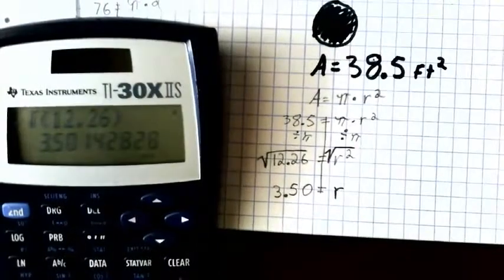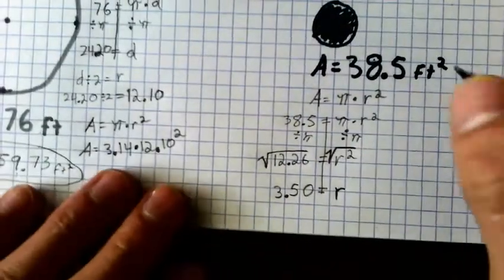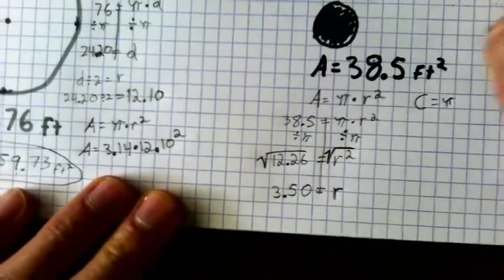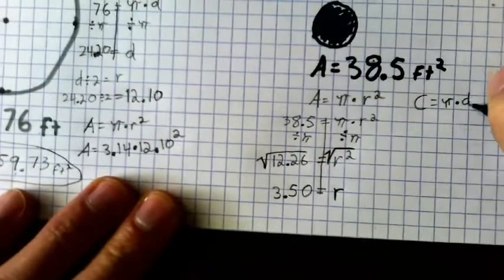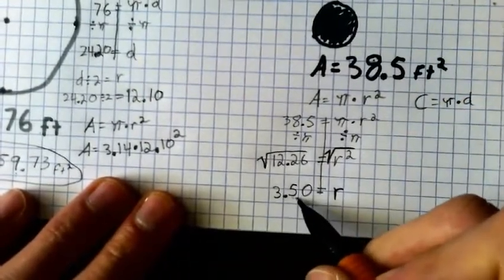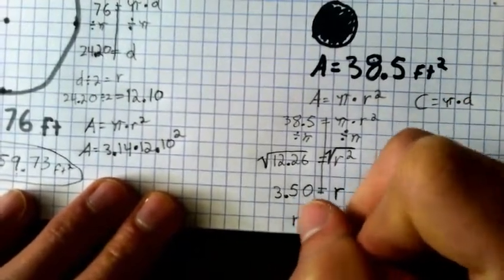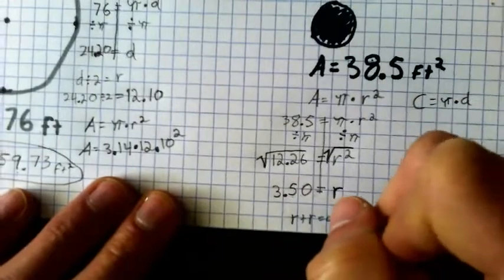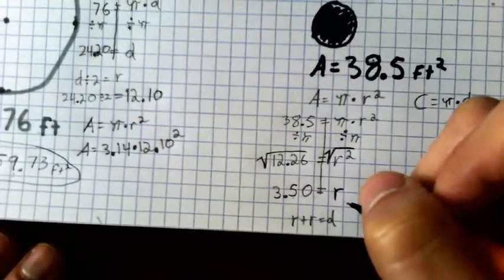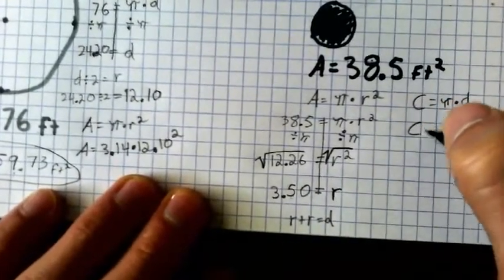Now that I have my radius, I can figure out my circumference, right? So circumference is equal to pi times diameter. And that's our radius. Two of those would be a diameter, right? So radius plus radius equals my diameter. 3.5 plus 3.5 is 7. So I'm going to do my circumference is equal to